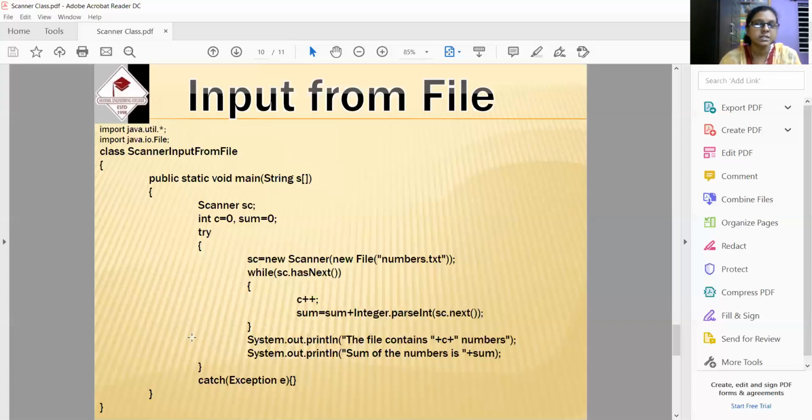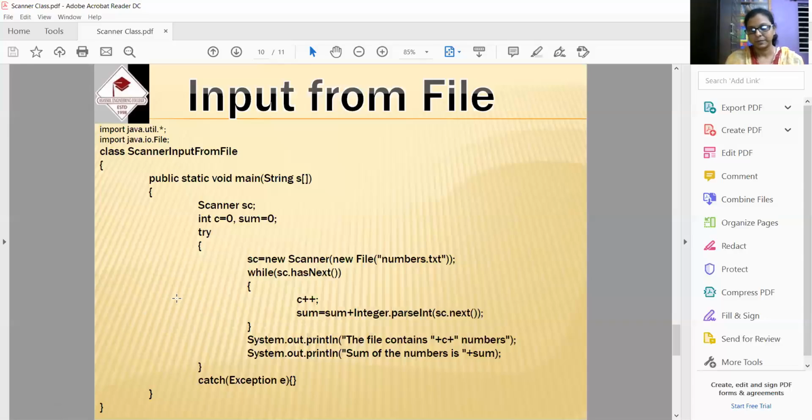In case of unchecked exceptions, I have given different examples: arithmetic exception, division by 0, array index out of bounds exception, number format exception, so many. But for a checked exception, I have given examples: class not found, file not found. At that time I told that file not found is a checked exception.